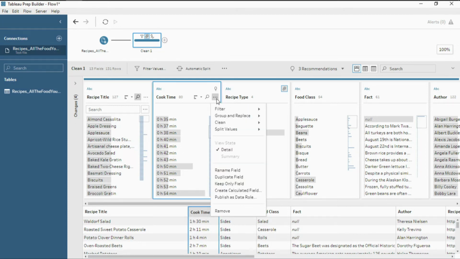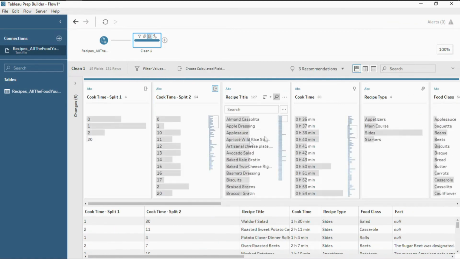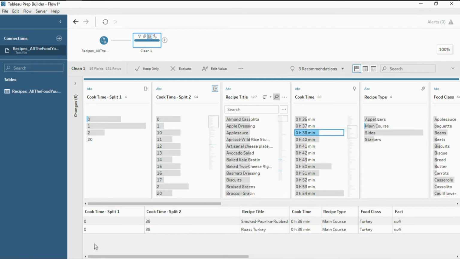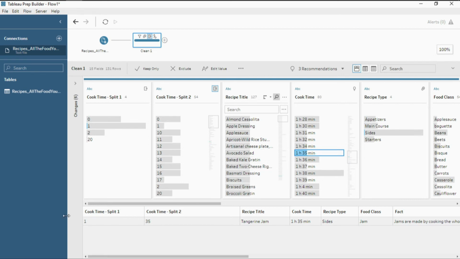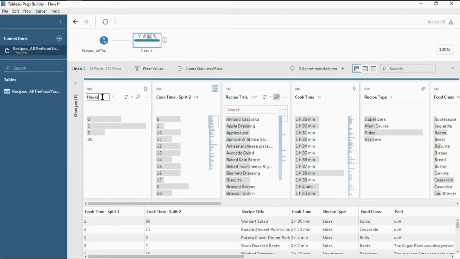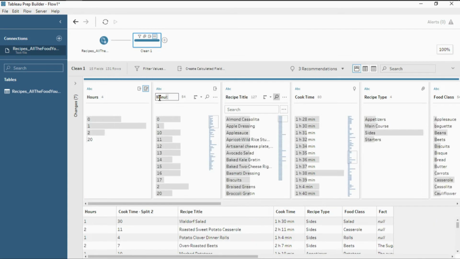So I'm going to use the drop down, automatic split. And it looks like it splits it into 2 columns. I'm guessing that these are hours and minutes, but let's make sure. If I select 0 hours and 38 minutes before the split, it looks like split 1 is 0, split 2 is 38 minutes. How about 1 hour and 35 minutes? Split 1 is 1 hour, split 2 is 35 minutes. That looks about right. I'm going to rename the first column to hours, the second column to minutes,